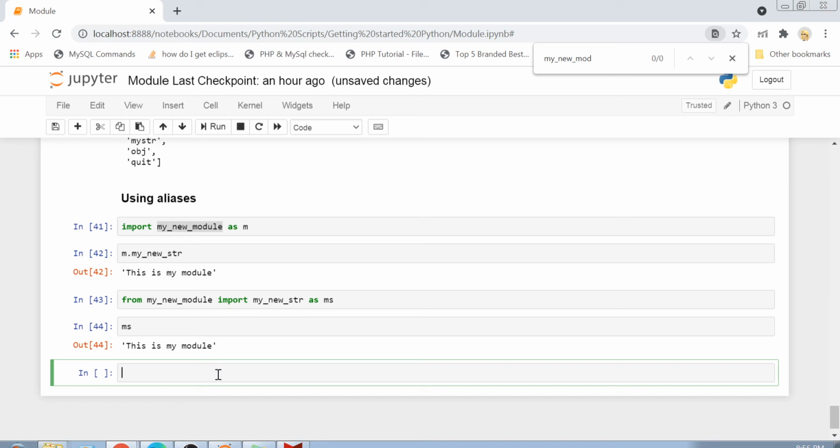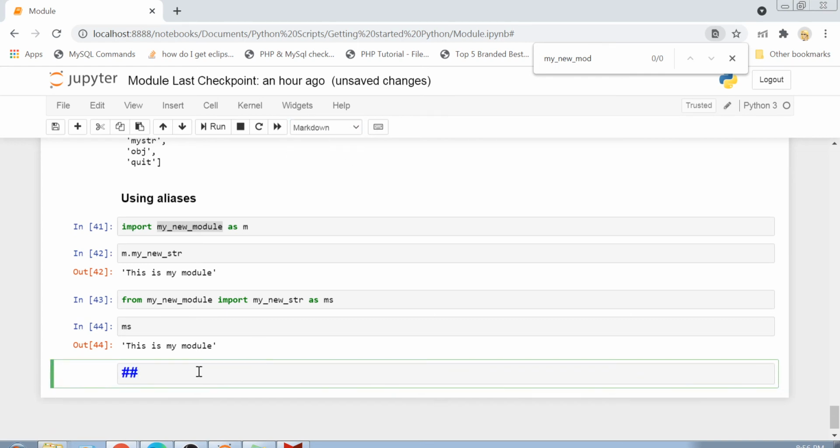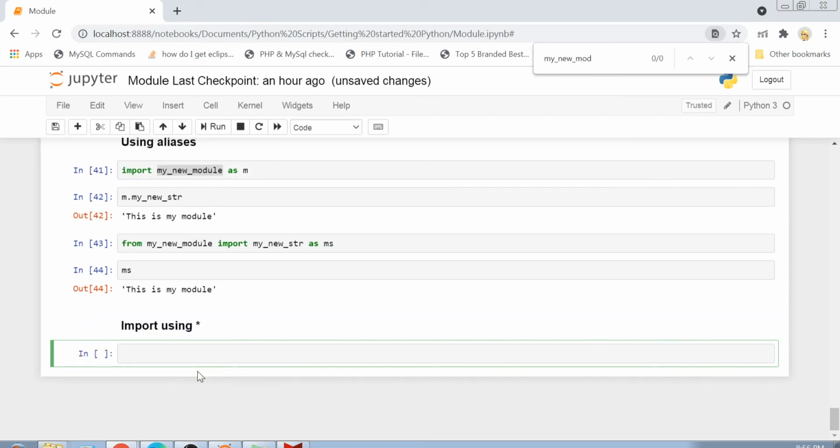Now we have another thing, in which we want to import using star. We have discussed aliases, importing an entire module, and importing a particular variable, but what if I want to import all the variables from my module? My module has a string, a class, and a function.